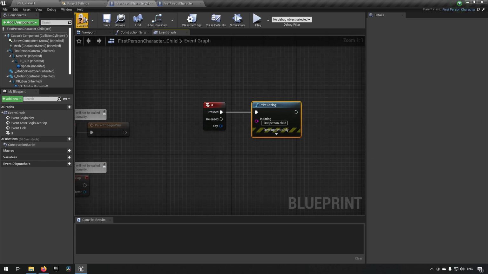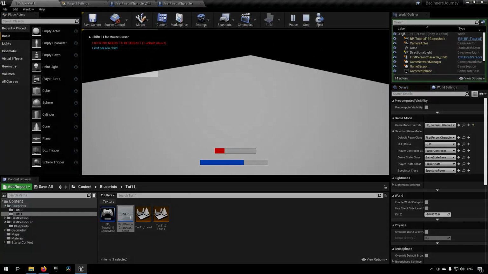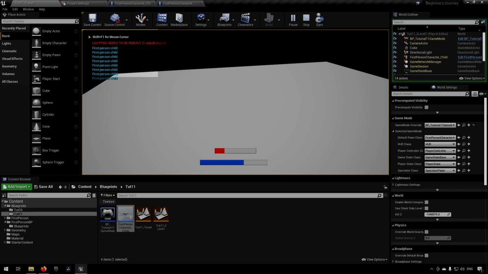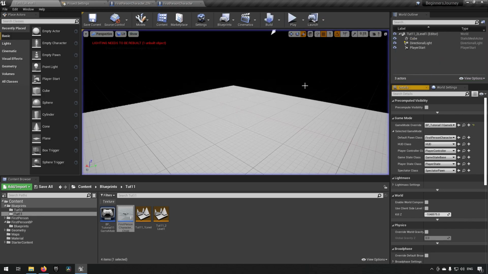Like so. And now if we go into this map and we press Q, it says first person child instead, because now the child's Q functionality will be overwriting the parent's Q functionality. So that's how easy it is to have a different pawn